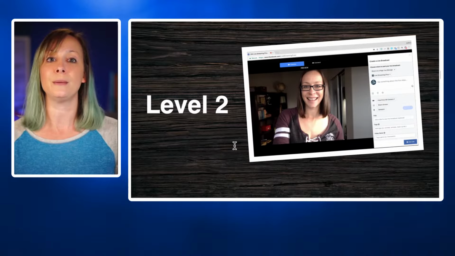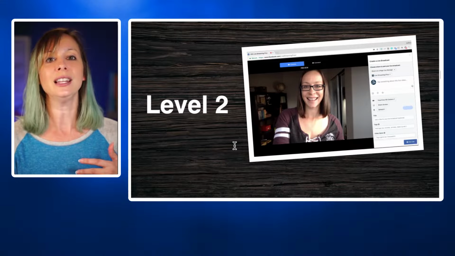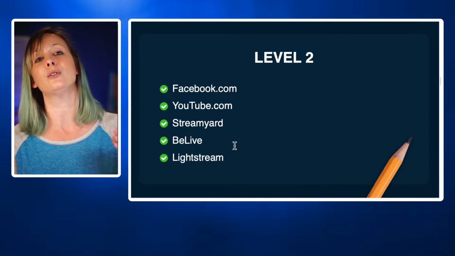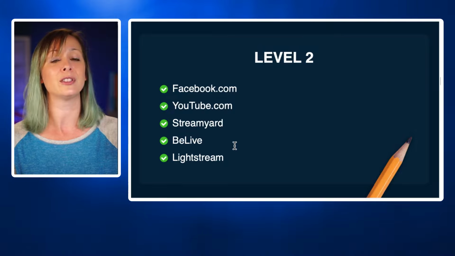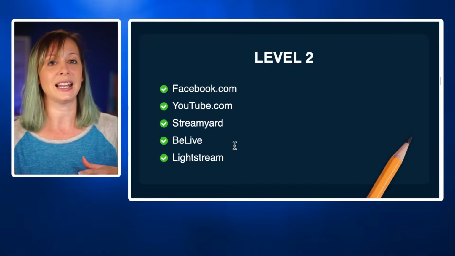So then level 2 is a little bit of an easier way to go live from the desktop. You can literally go from Facebook.com. You can go to YouTube.com. You can use browser-based services where you're not downloading anything, and those look like BeLive, StreamYard, Lightstream. StreamYard is a great one. But here's the deal with browser-based level 2 services. It's not the best quality. However, right now you need to take quick action, right? So it's an okay place to start, but I really, really would prefer you as quickly as humanly possible to